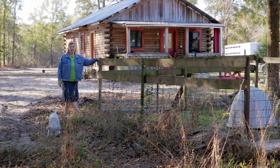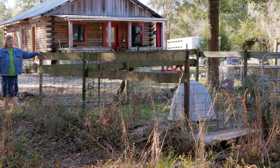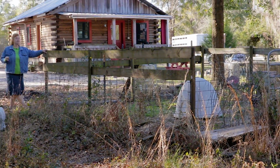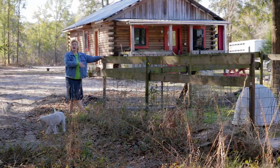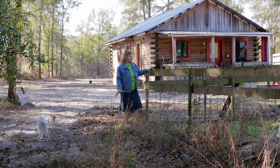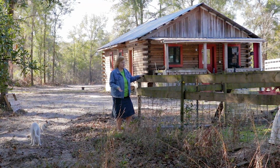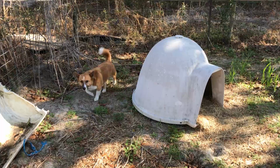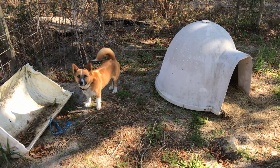Okay, here's my hog pen, which is not too big, 16 by 16, which is big enough for one hog. I have raised 2 hogs in there. It can hold 2, but you get so much meat from one hog. It's like I don't need to raise 2 at a time. But the good thing is when the hogs are butchered, the pen dries out, a little bit of grass grows